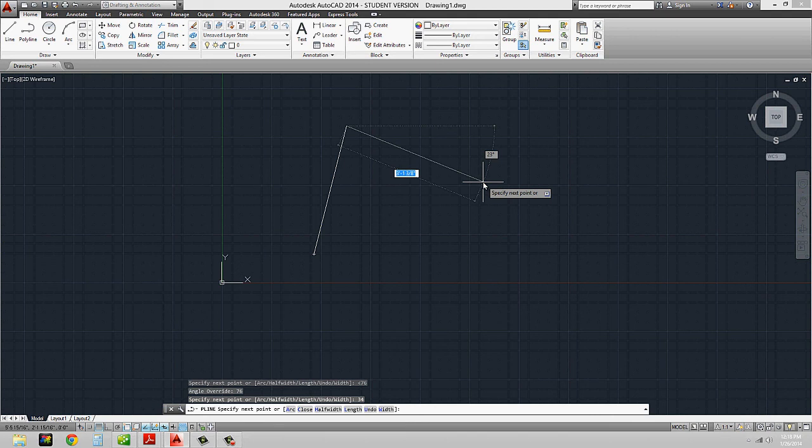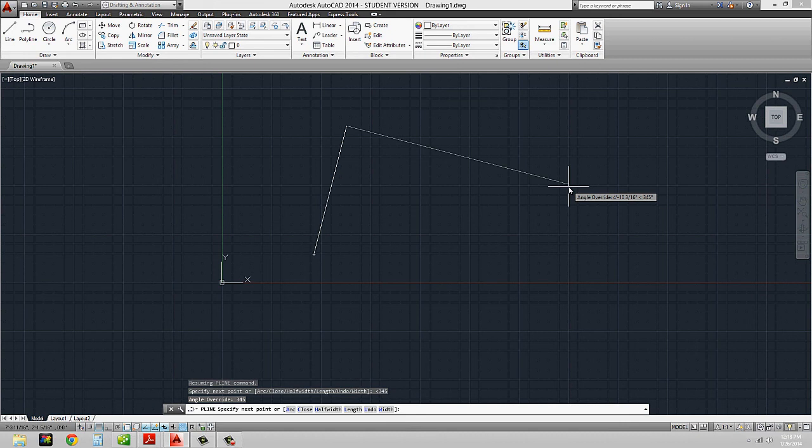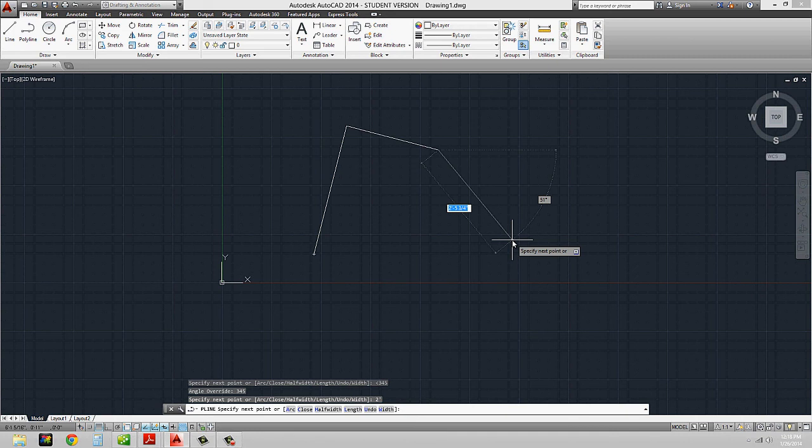I can do the same thing: Shift, hit the angle symbol, and say I want it to be, let's say, 345 degrees. Now it's at 345 degrees, and I can say I want it 2 feet in that angle. And I can keep going and going until I get out of the command. So that's one way of doing it.